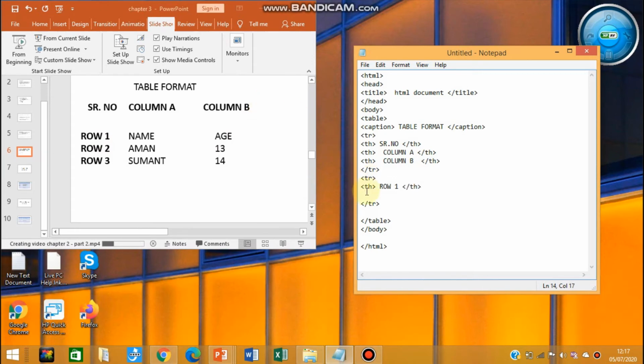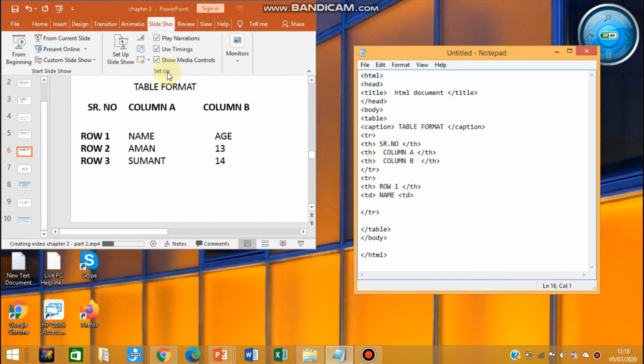Now the second content in the second row is name. But that name is not a heading, it is the data of that cell. So for that you will use the TD tag. Since it is not a heading, you use the TD tag, which we have just learned. Name, and you have to also close the TD tag.